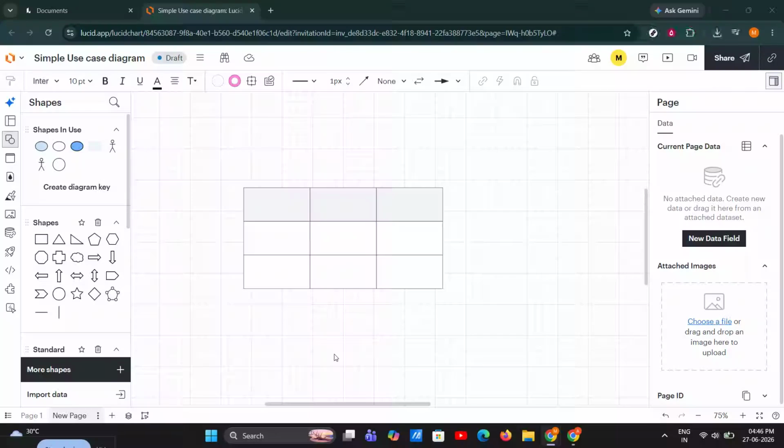If you've ever wanted to combine cells in Lucidchart, you're in the right place. In this video, I'm going to show you how to merge cells in Lucidchart step by step so you can clean up your tables, improve readability, and make your diagrams look more organized in just a few clicks. This is a super useful trick if you're building process maps, reports, comparison tables, or any layout that needs a